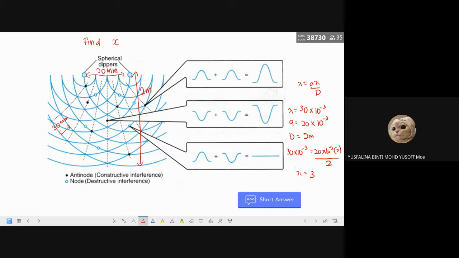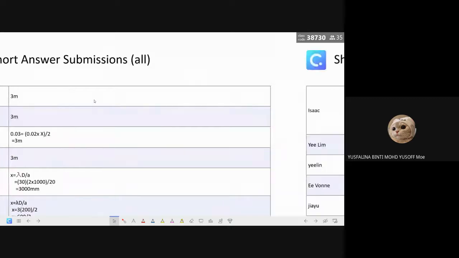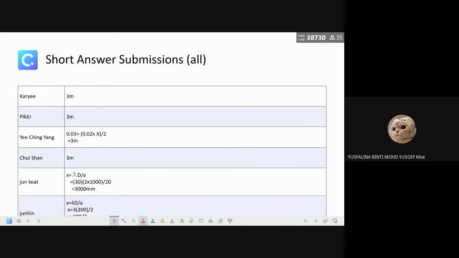Okay, so let's check your answer. 3 meter. Okay, very good. Oh, wait for a moment. 3,000 millimeter. You gave the answer in millimeter. So 3, yeah, but